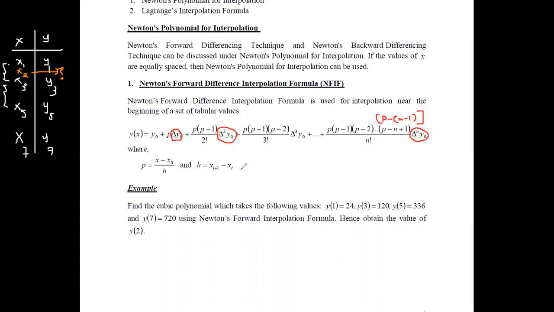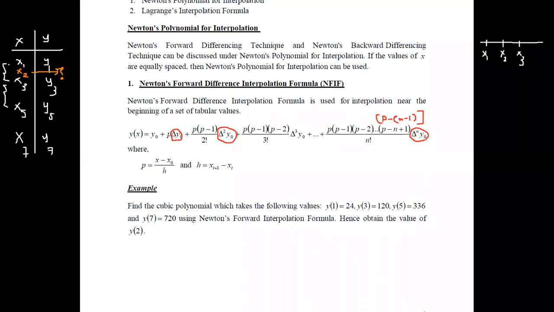Here, we can use this equation to identify the value of h. Simply, the value of h can be obtained by taking the difference between any two consecutive points. Here, if it is x1 and x2, then x2 minus x1 gives the value between these 2 points. Always the lower value should be subtracted from the higher value. If it is x3, then the distance between x3 and x2 has to be considered as the value of h. These are the equations which we require to apply the Newton's forward interpolation formula.